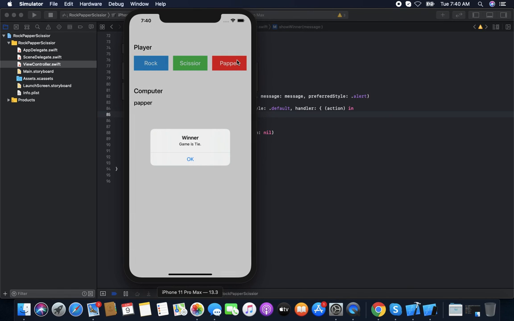Again, both select paper, then game is tie. If you select paper, computer select rock, then player won because paper can wrap the rock. It's done.